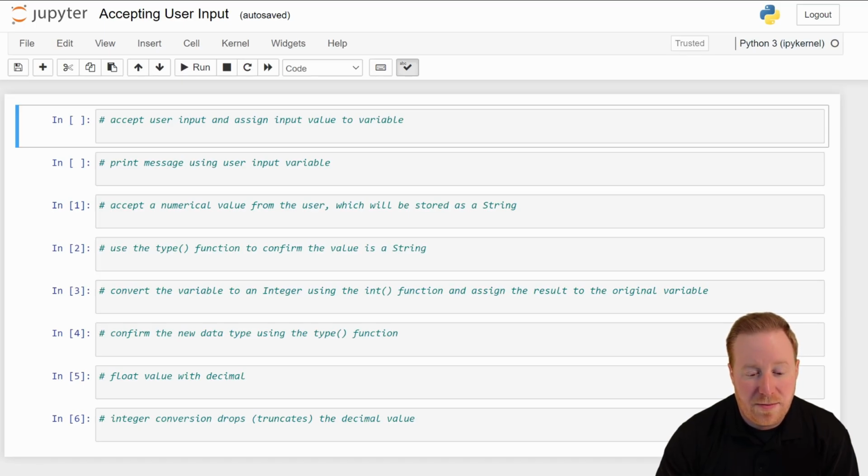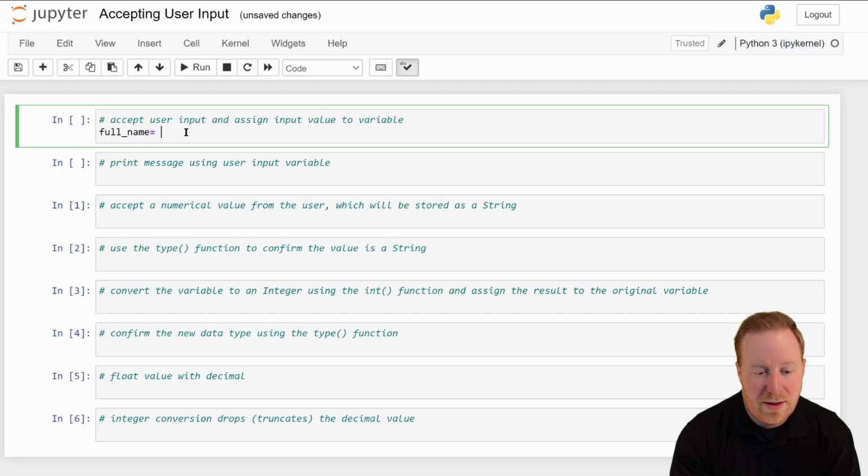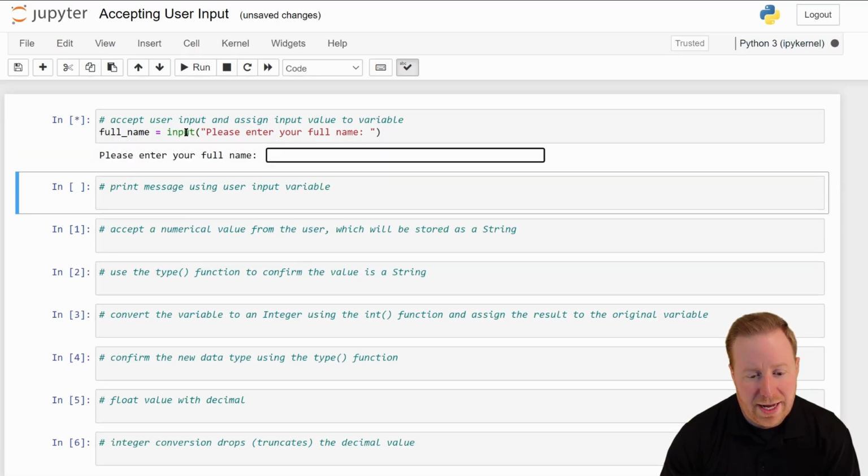Here's a simple example. Let's go ahead and accept user input here, and we're going to store it as a variable. So I'll type in the variable name here, full name, and let's type in the input function. The prompt is going to be, please enter your full name, and we can put a colon here with a space, and we can go ahead and run this. Now this is going to ask us for input, so we can go ahead and put a name in here,